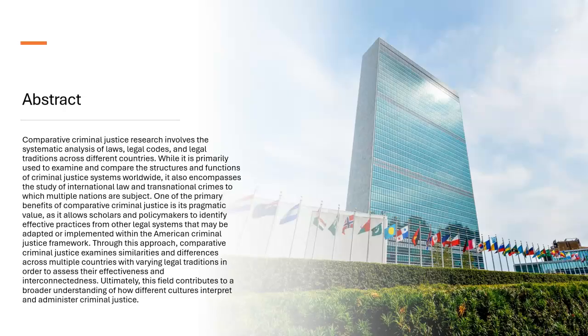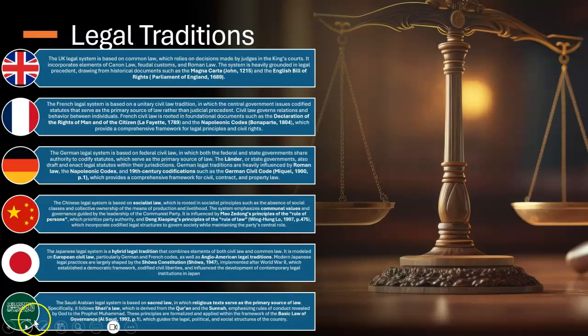One benefit of comparative criminal justice is its pragmatic value that allows policymakers to identify effective practices from other legal systems that may be implemented within the American criminal justice framework. Since I only have 10 minutes, I'm going to give a brief overview, so feel free to pause and read at your discretion. Just like the United States, the United Kingdom's legal system is based on common law, which